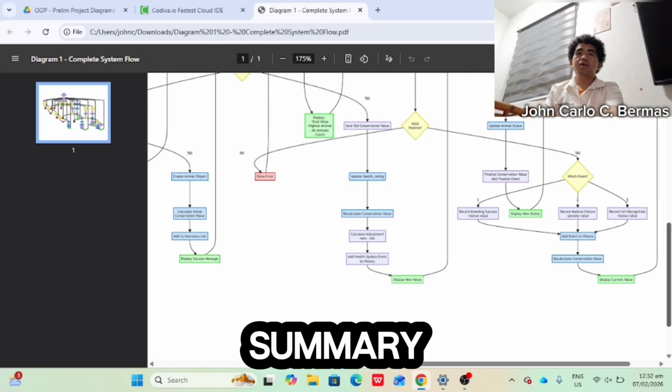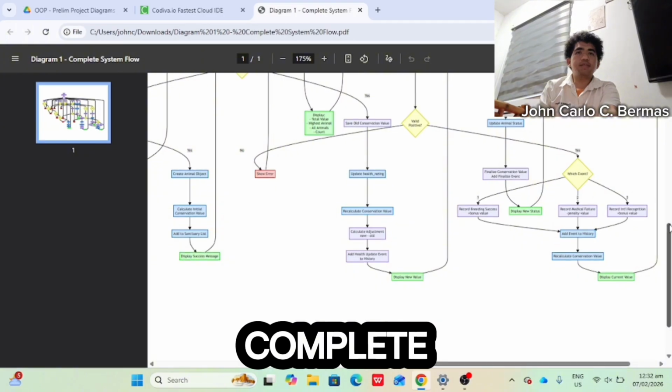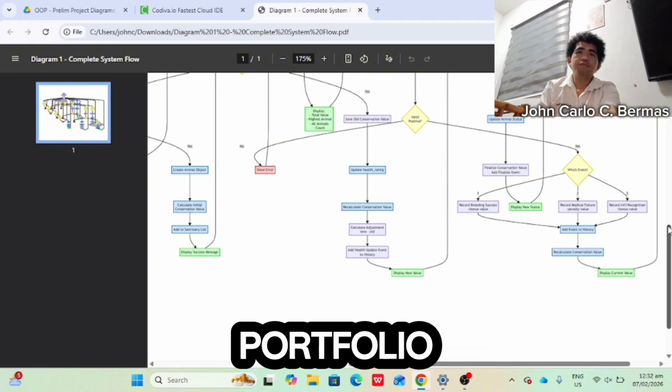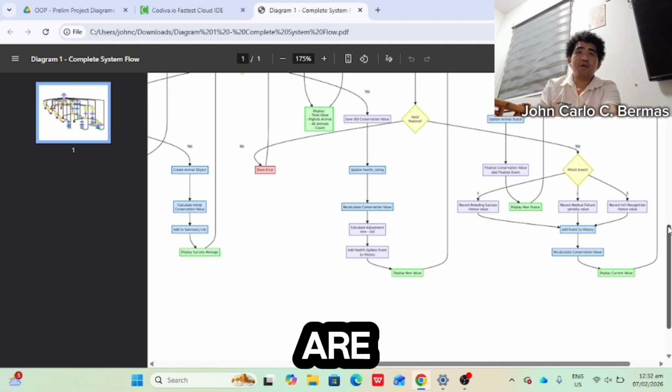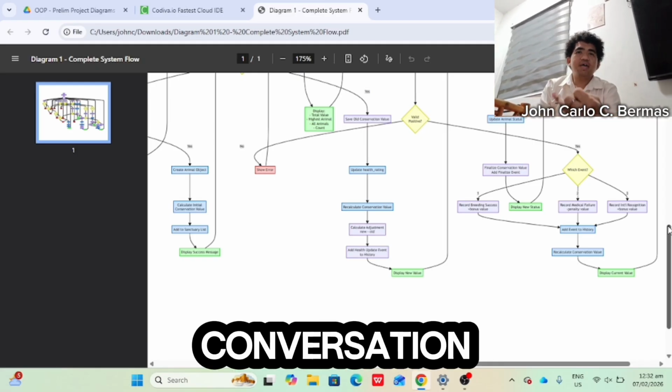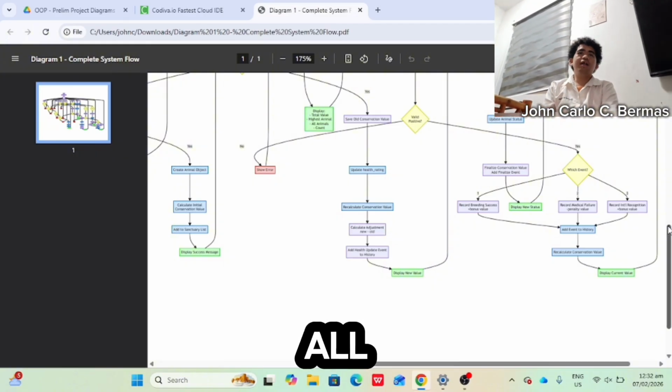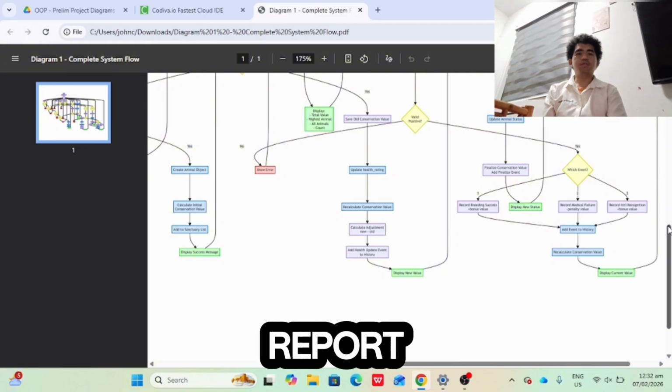The summary gives a complete picture of the sanctuary conservation portfolio. Which animals are thriving? What's our total conservation impact? Who's our star performer? All answered in one report.